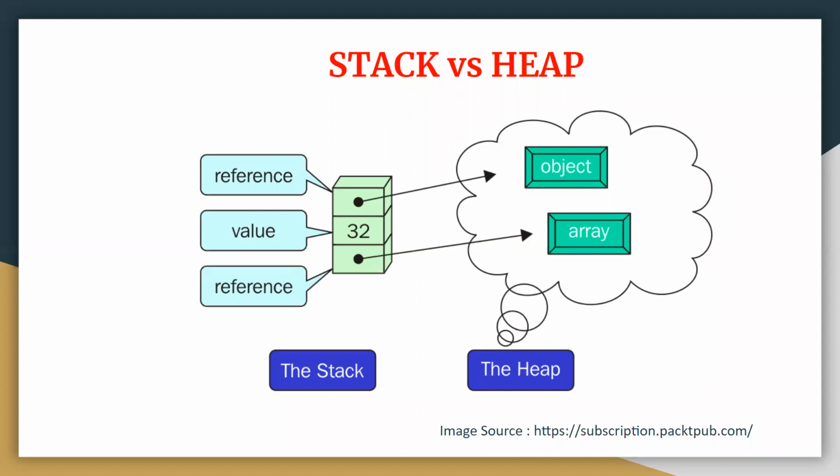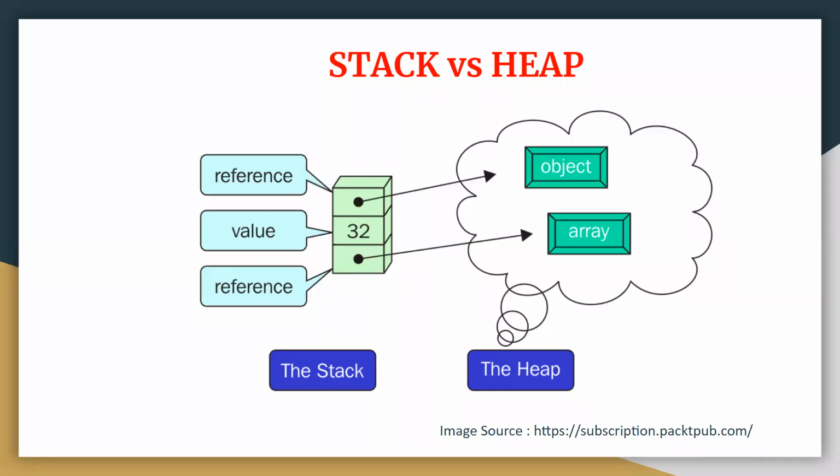Third characteristic is memory used. In case of stack, the memory used is static memory, which means the memory allocation takes place at compile time, before the program execution takes place. In case of heap, the memory used is dynamic memory. So here, whatever memory you have can be allocated, and when you want to free that memory, you can do it in a random manner or in random order.